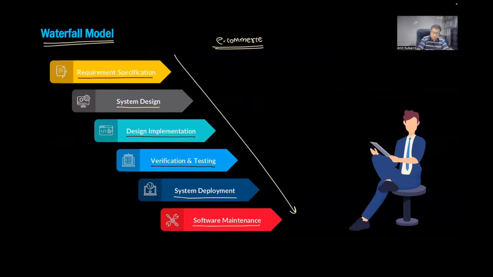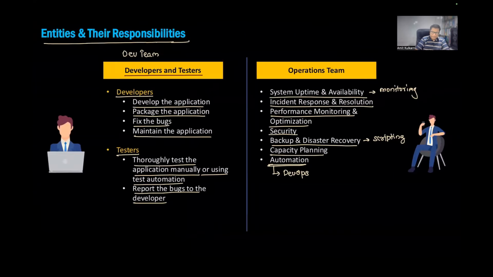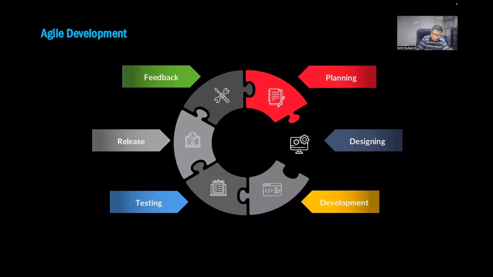So as I said, this was the problem earlier people were facing. So they divided these roles into two different teams, the dev team and the operations team, and they came up with something called agile development. Agile development is something which we are using today. So what's agile? Agile development means first planning for a sprint. Everything happens in terms of something called a sprint. A sprint is a kind of event which will be captured in 1 to 4 weeks. Whatever you want to do, you divide into small portions called sprints, and then you go for creating a sprint and implementing them.